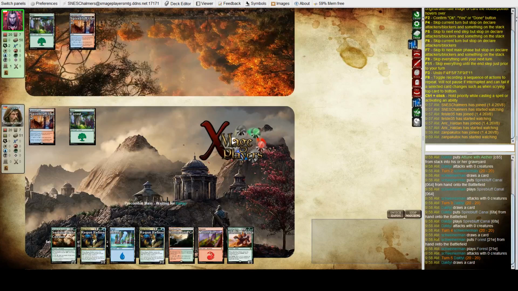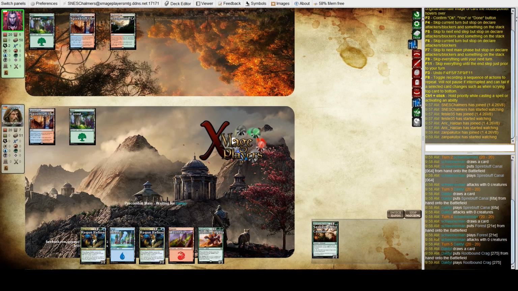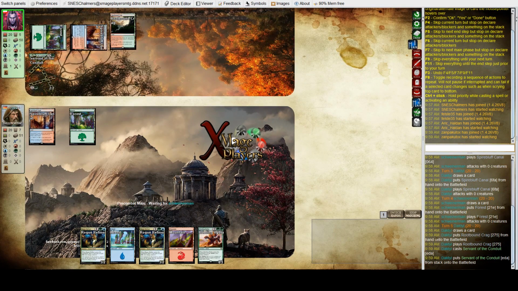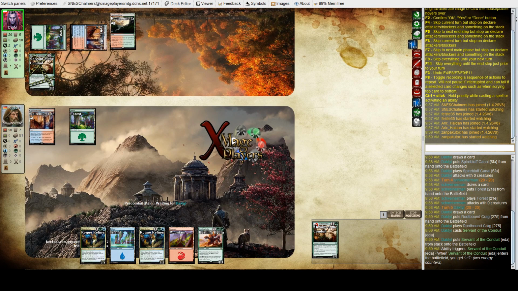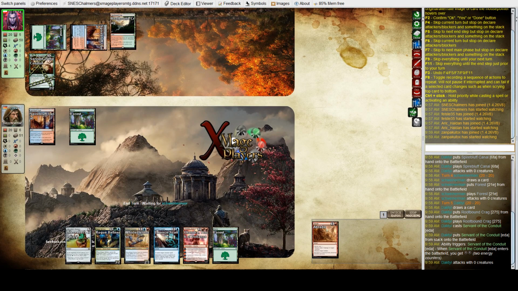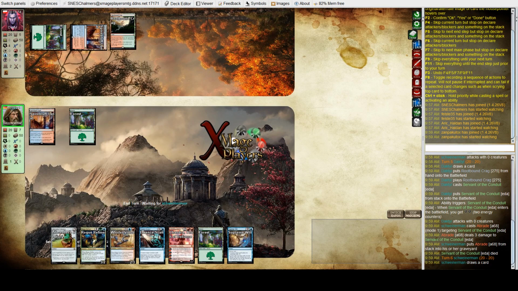So are we going to see a Rogue Refiner here? No. Bit surprised by that play. I don't know if you want to use your braid on that, as we look at Ryan's hand. You do want to use your braid on that, okay. So I think he plays Lifecrafter's Bestiary here. Although,